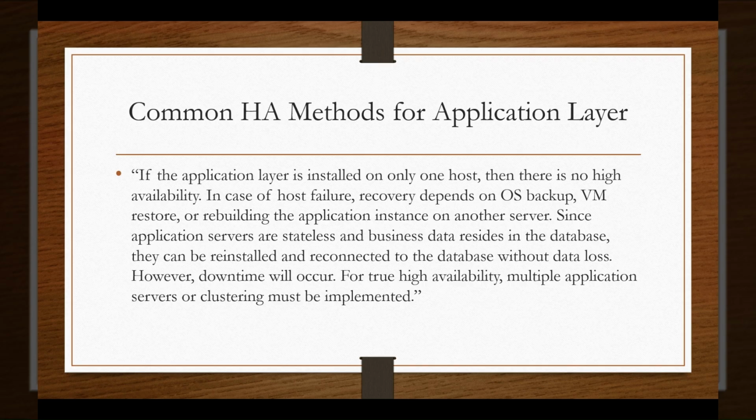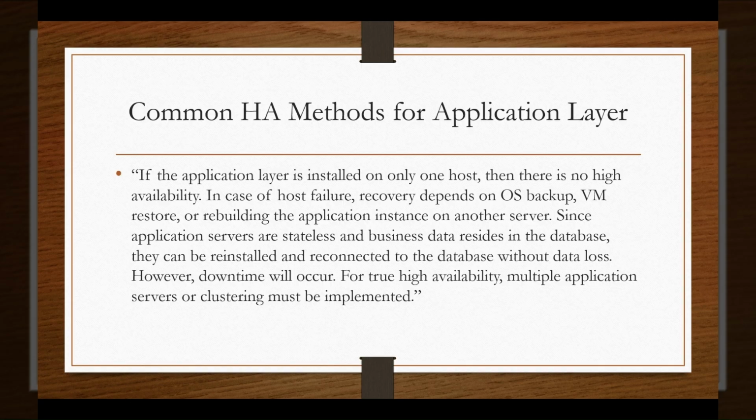Okay, if I have only one application server, then there is no other server that will be used in case of failure. So in case of host failure, recovery depends upon OS backup, VM restore, or rebuilding the application instance on another server. Since application servers are stateless and business data resides in the database, they can be reinstalled and reconnected to the database without data loss.